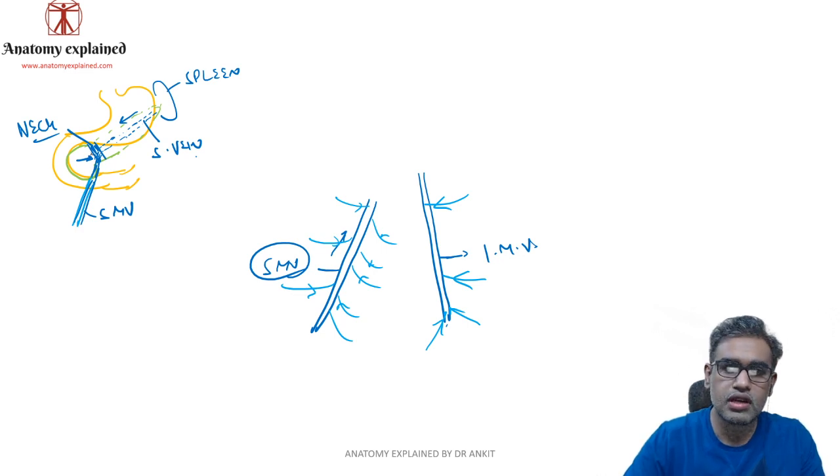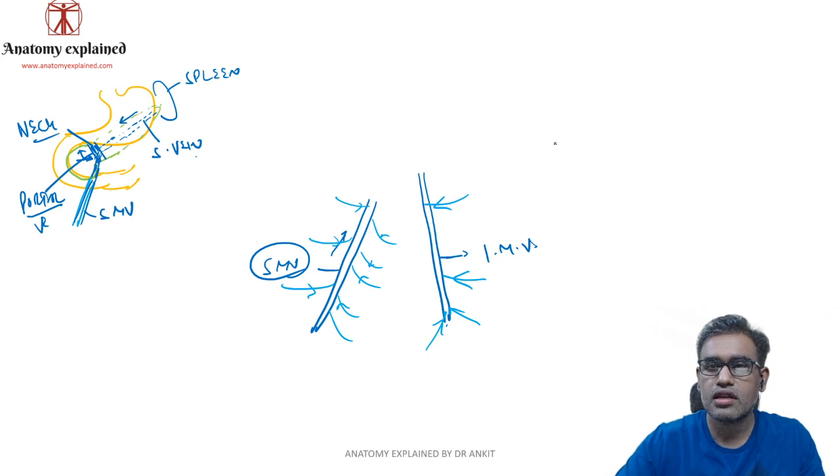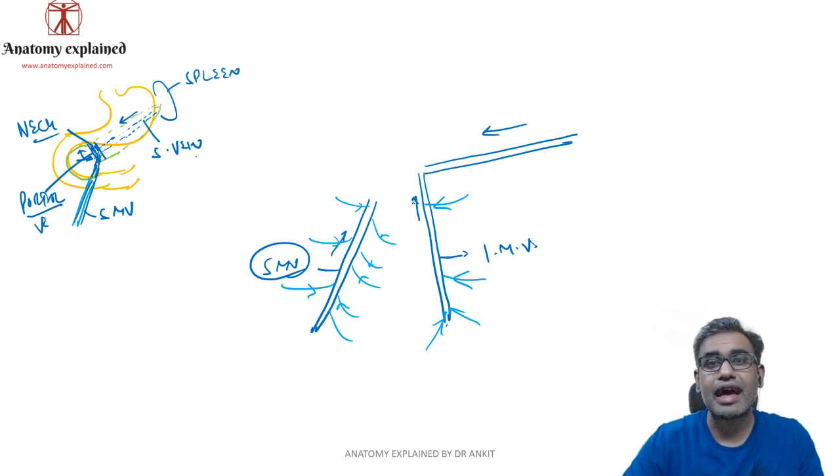So here the portal vein is formed, and this will again ascend up. What I'm trying to say is that if we imagine this spleen is draining into the splenic vein, imagine this to be the splenic vein, blood is flowing in this direction. Normally the inferior mesenteric vein empties into the splenic vein close to where it will meet the superior mesenteric vein.